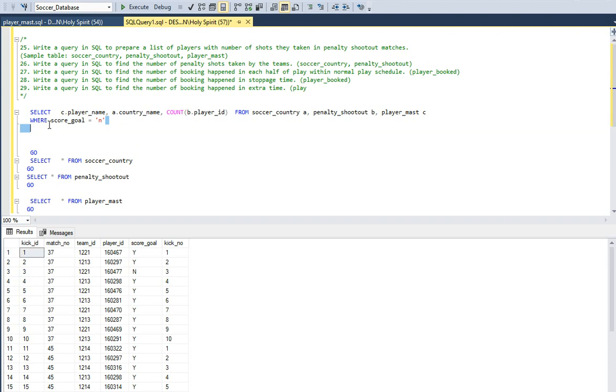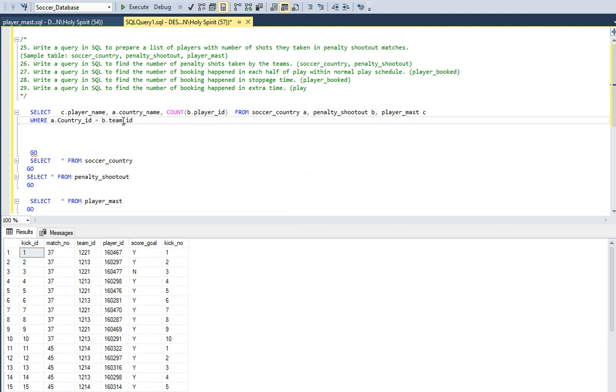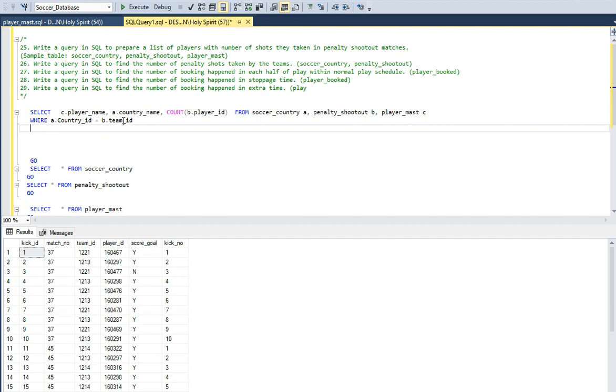Where soccer country, okay, what is the relationship between A and B? Soccer country A dot country ID is equal to penalty shootout, penalty shootout, execute, team ID. Team or country is the same thing, isn't it? B dot team ID, and